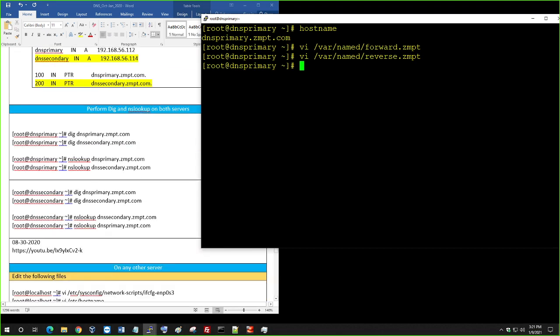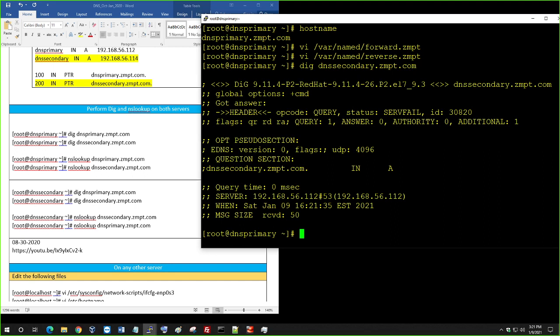Now I'm gonna do dig DNS secondary .zmpt.com. Okay, and